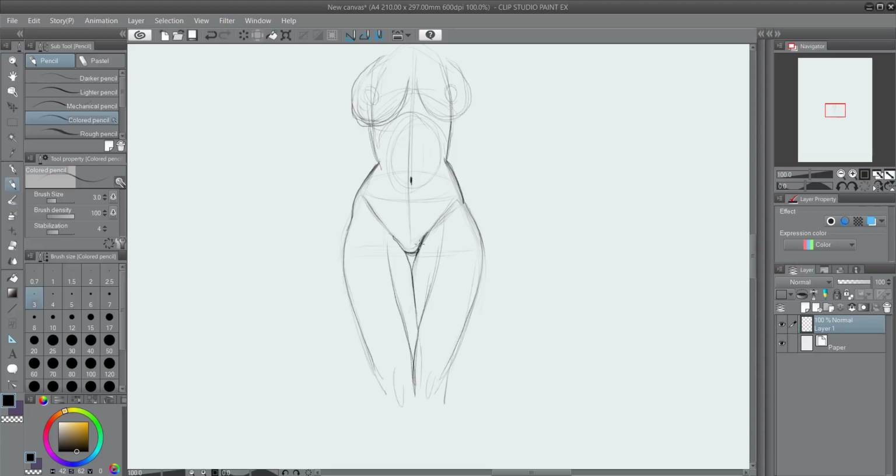Now, not everyone has a gap, but I typically draw it. It's good to know the gap because a lot of women do have that gap. Then you have your rib cage, stuff like that, but we're not going to get into all that.